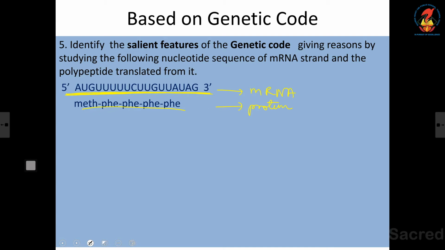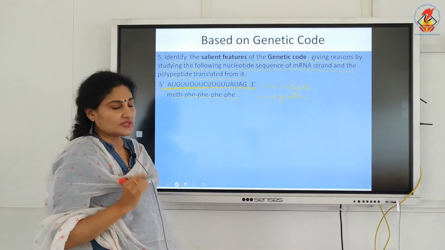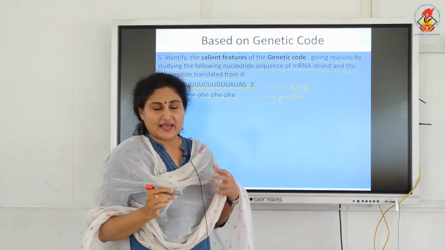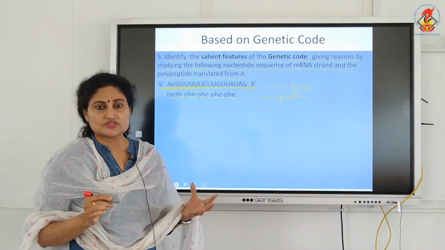I will read the question. Identify the salient features of the genetic code giving reasons by studying the following nucleotide sequence of the mRNA strand and the polypeptide translated from it. So you have to infer the maximum features of the genetic code